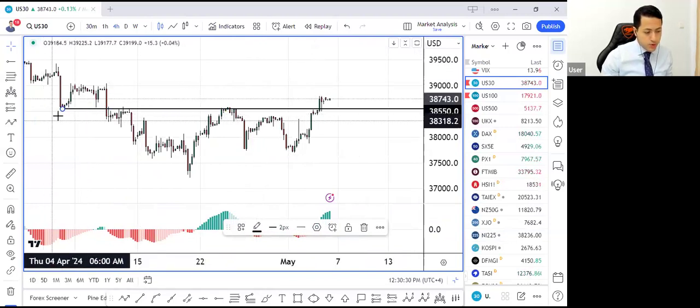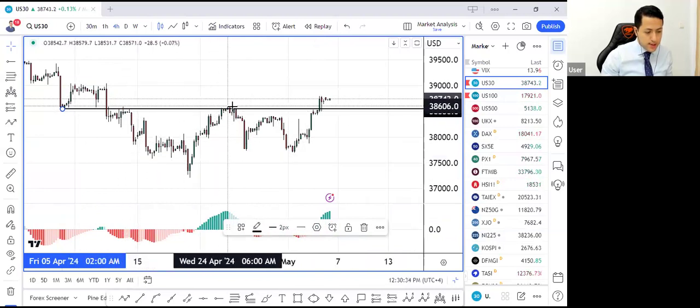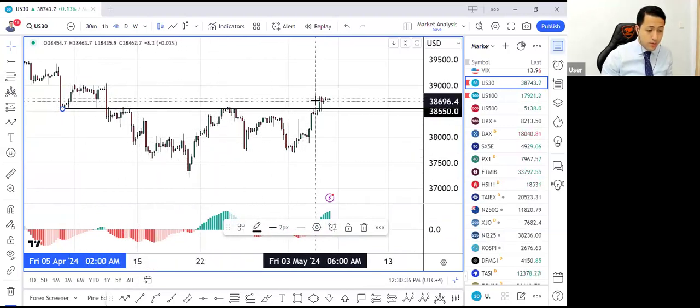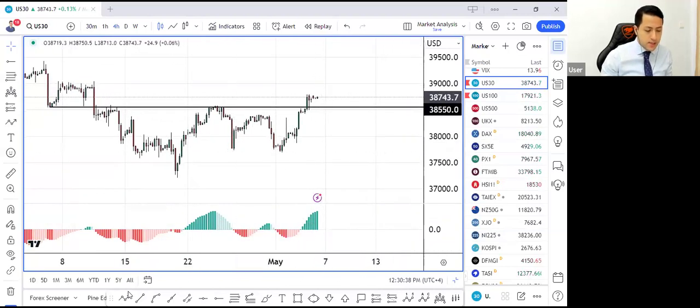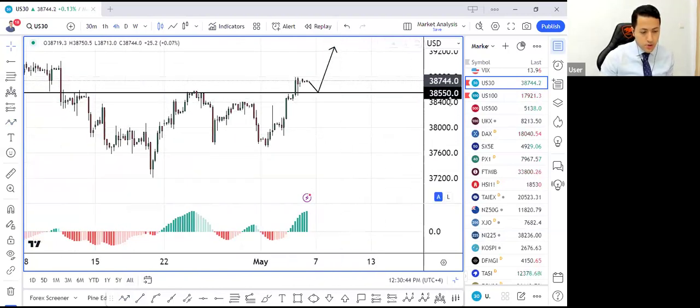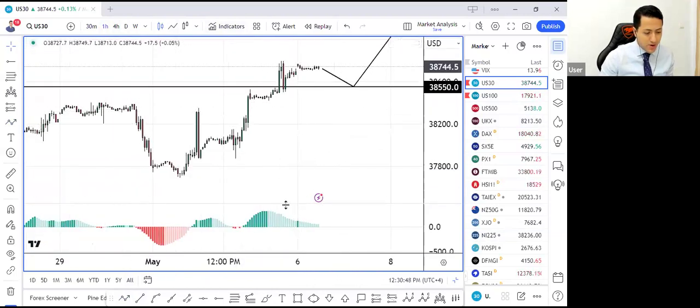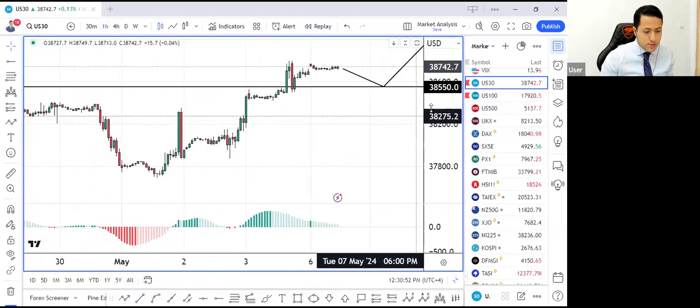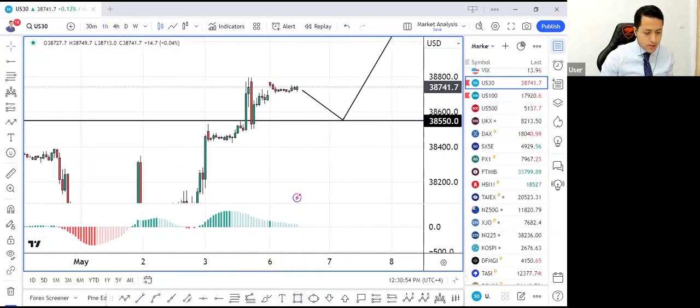So it was support. We broke below, retested as resistance, went lower, again tapped on it as resistance. We broke higher. Yeah, we might see support here. Or I mean, we might see a retest to the levels of 38,550. And on the 1 hour time frame, yeah, we will be heading lower for a retest because this momentum here is not